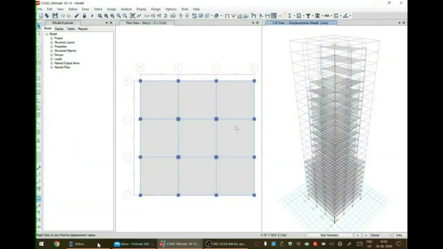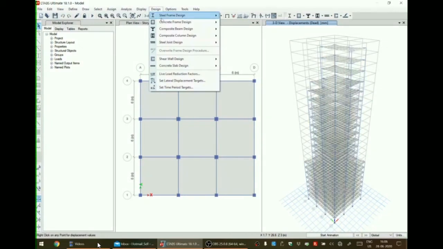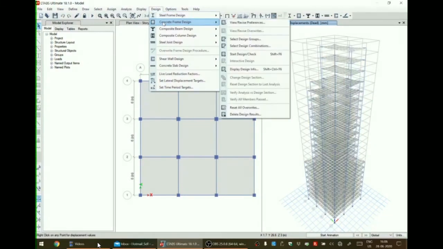Now the analysis part is over because we are finding that the displacements are being shown in the 3D model itself. Now we move on to design part. For that, let us click on design, concrete frame design.